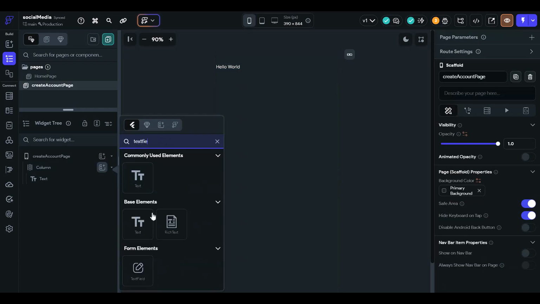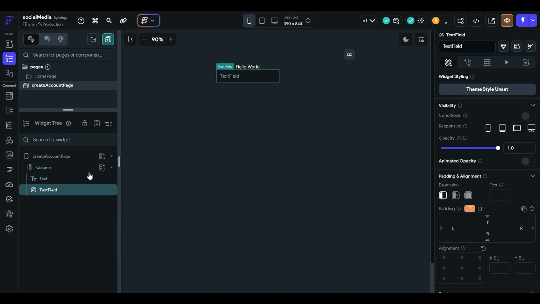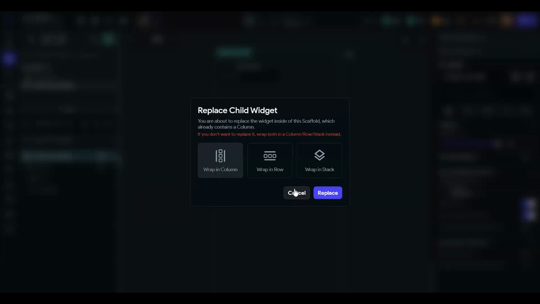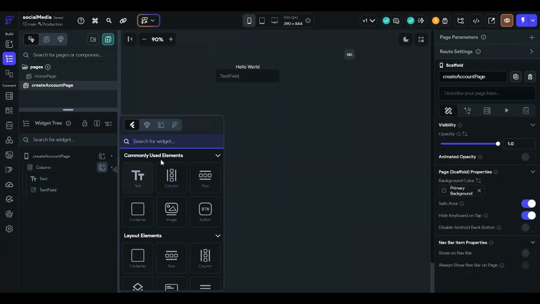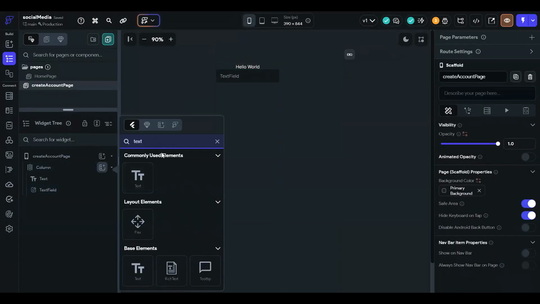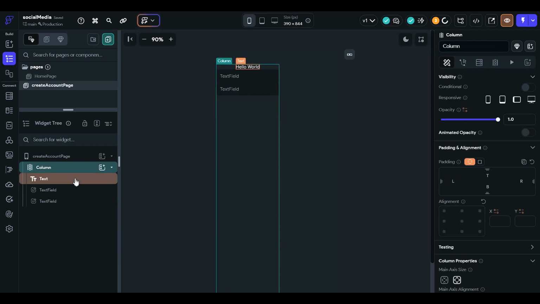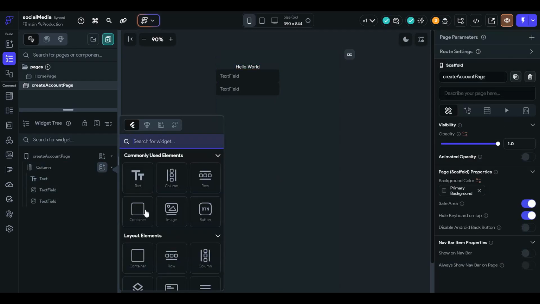We need the authenticated user document reference and other user references. So we have to create a create account system for our social media application, so only the authenticated users can post or like the